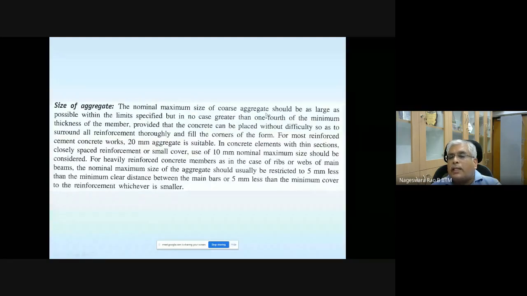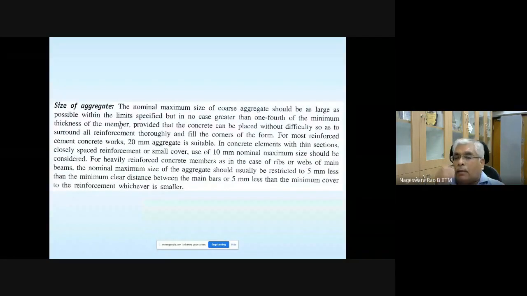Then your nominal maximum size of coarse aggregate cannot exceed 1/4 of the minimum thickness of member. So if your slab thickness is 150 mm, you cannot use 100 mm maximum size of coarse aggregate. You should limit your maximum size of coarse aggregate to 1/4 of the minimum thickness of member.